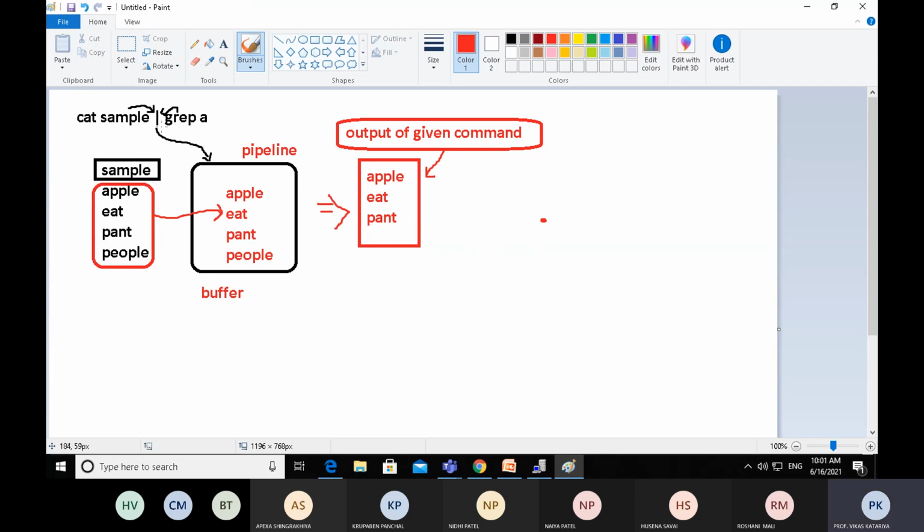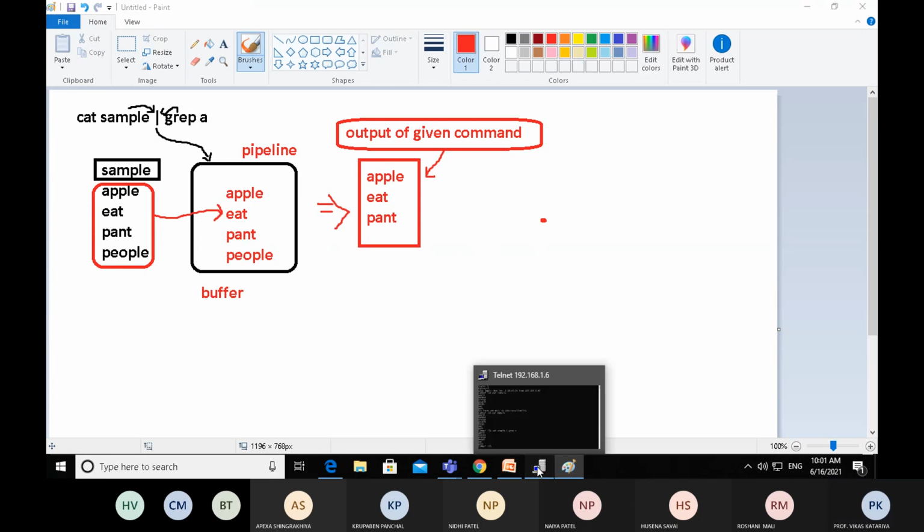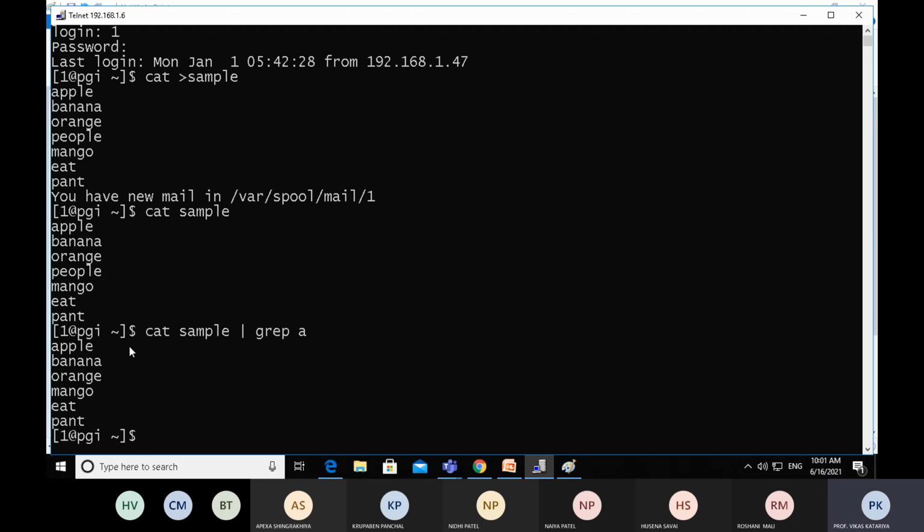So here the pipeline, or vertical bar, is used as a regular expression. Therefore, the output will look like that.